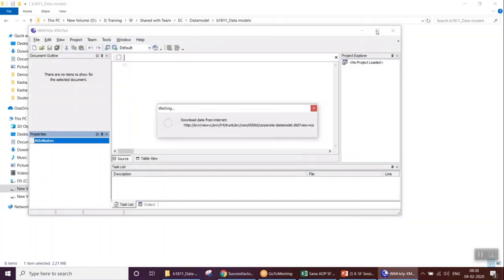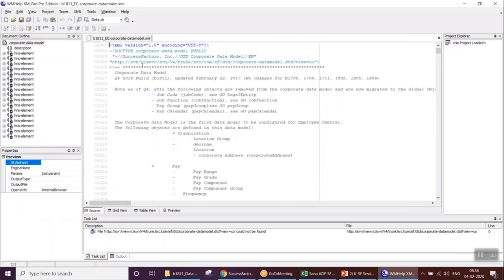So here in this section, you can see your file has opened. The first thing you'll be reading is your B1811. That is the latest one that you'll have to download, upload, and work on. So you can see this is B18, and this is the corporate data section. Now, before we get into any of your XML sections, you will see